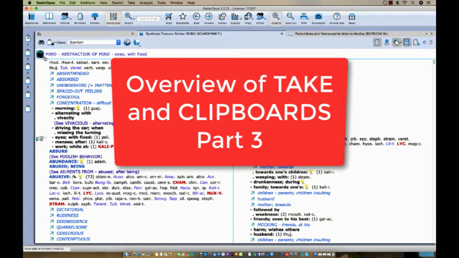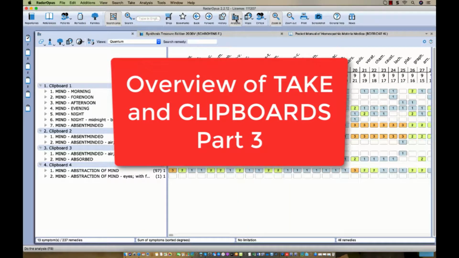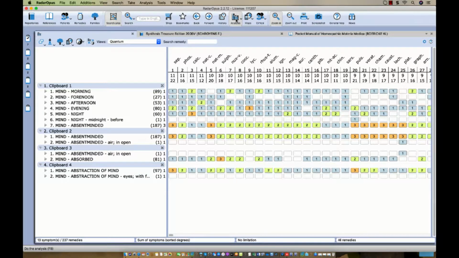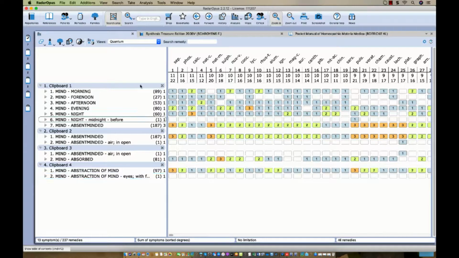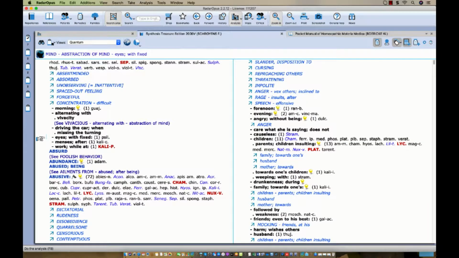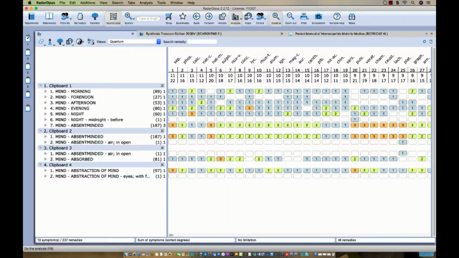Now let's analyze. On the main toolbar, if I single click on the analysis button, all clipboards are being used in the analysis. So you see here all clipboards where something is in. So all clipboards which contain at least one symptom are being used. If you click again here on the analysis button, I go back to the laboratory, click again, I'm here again